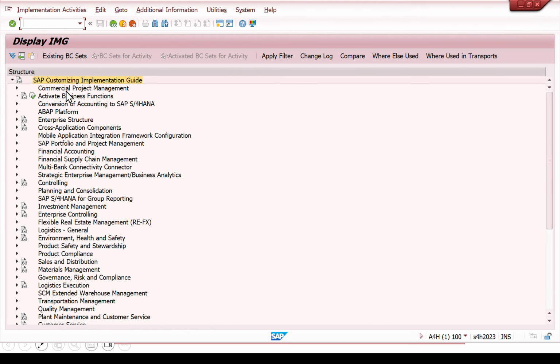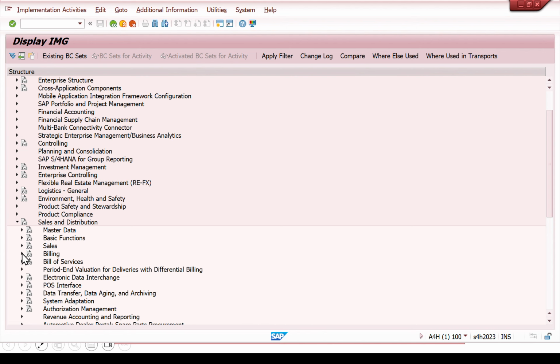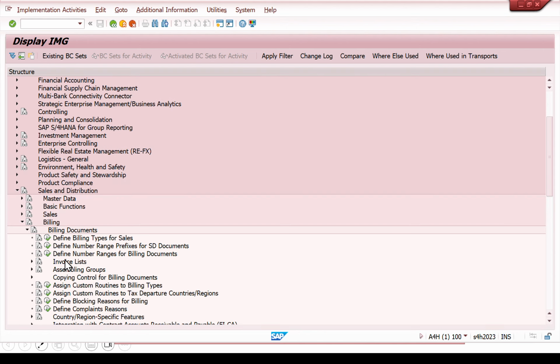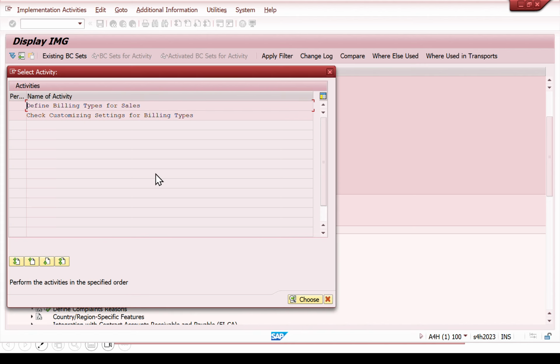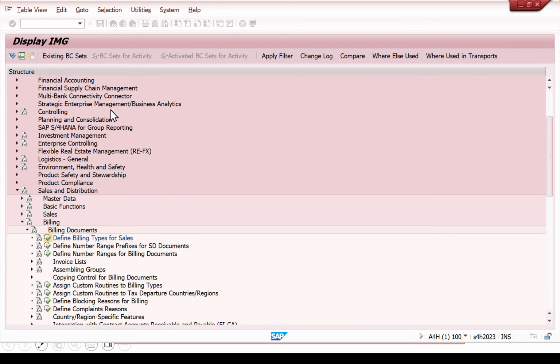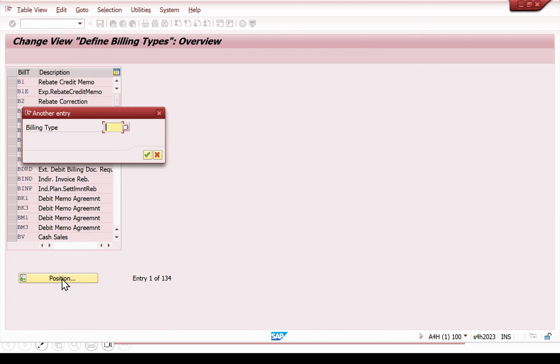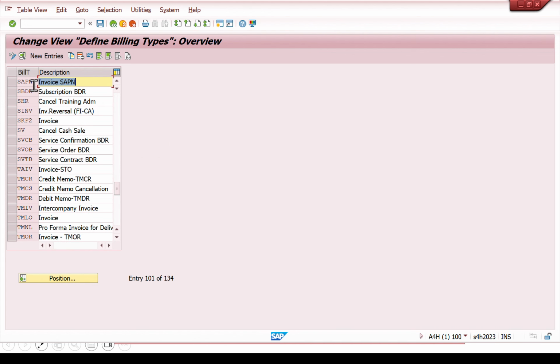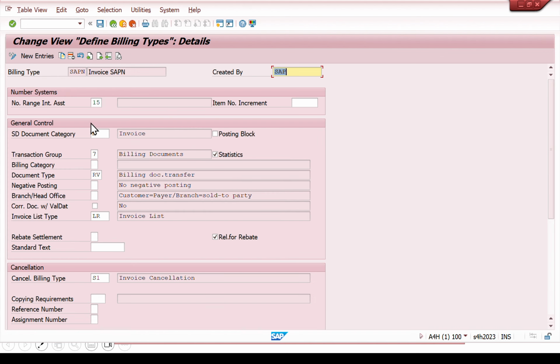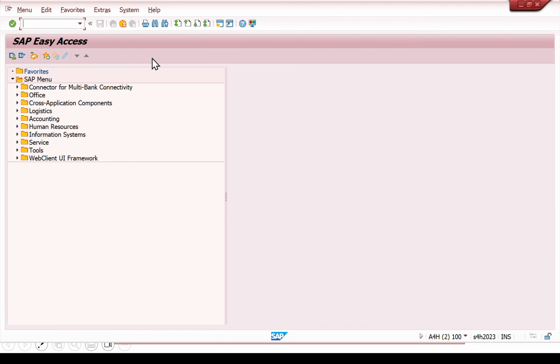what the number range for the billing document is. So go to SPRO SAMG screen, sales and distribution, billing documents. Okay, define billing type for the sales. So go to define billing document for the sales, and my billing type is SAPN. So here you can see number range assignment is 15. Okay, and we will check